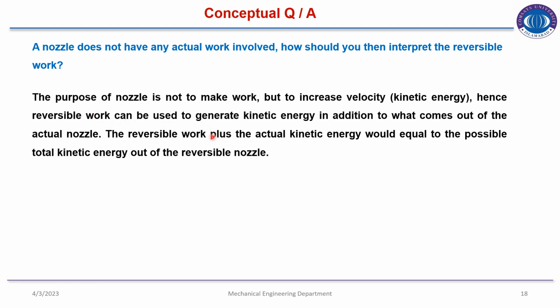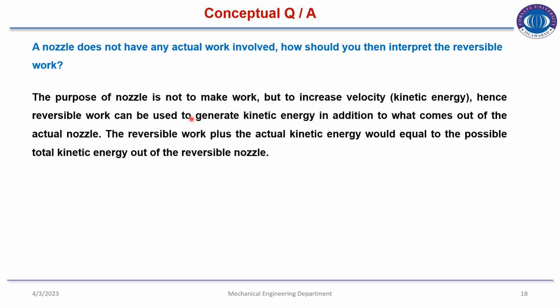So the answer suggests that the function of a nozzle is not to produce work but to increase the velocity or kinetic energy. Hence, if we are talking about the reversible nozzle, then the kinetic energy produced within the nozzle, or increase in the velocity, will compensate the